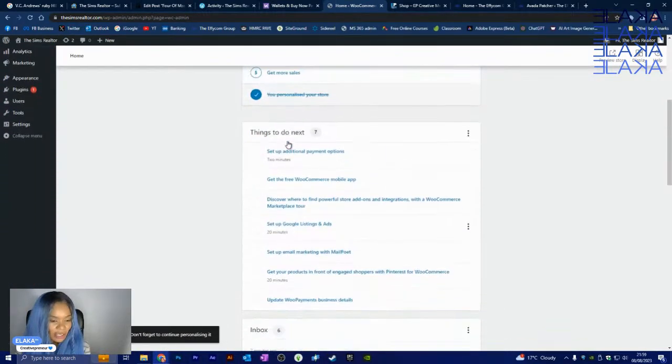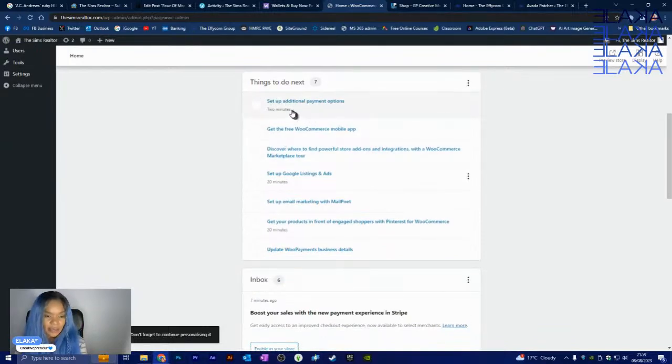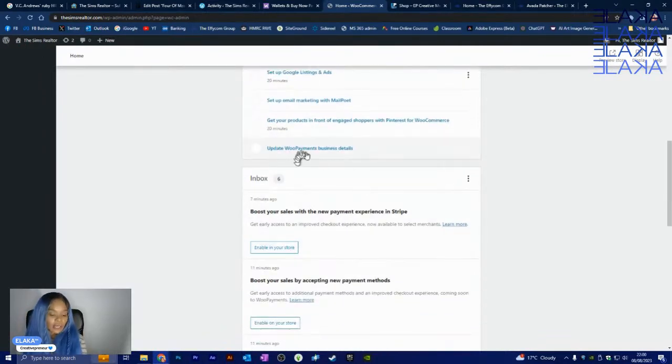Okay, so here it's saying things to do next. Set up additional payment options. Get the free WooCommerce mobile app. Discover where to find powerful store add-ons and integrations with a WooCommerce marketplace tool. Set up Google listings and ads. Set up email marketing with MailPoet or MailChimp. Get your product in front of engaged shoppers with Pinterest for WooCommerce, which is pretty cool. Update Woo Payments business details. And so these are obviously going to be your product details that you're going to be needing to set up